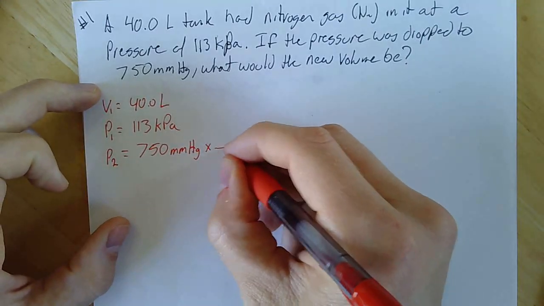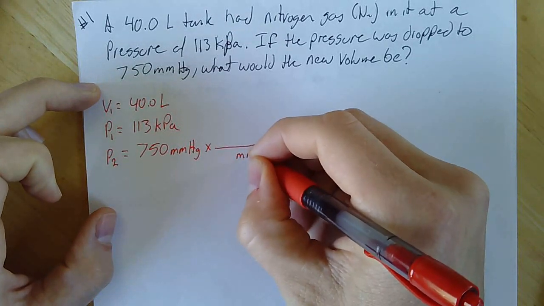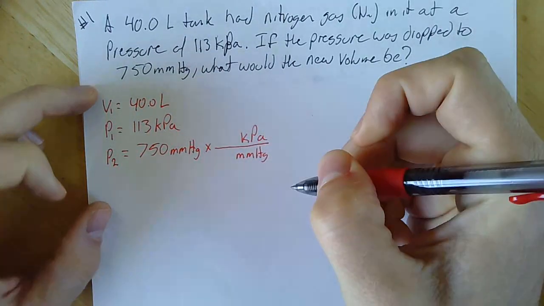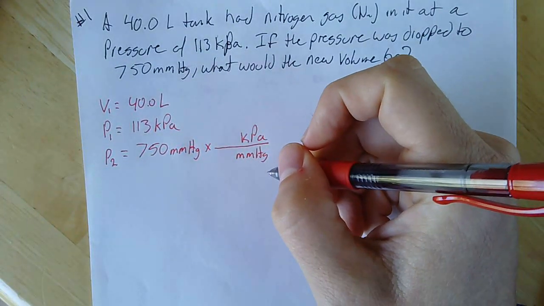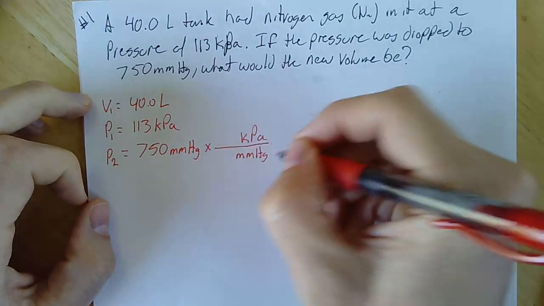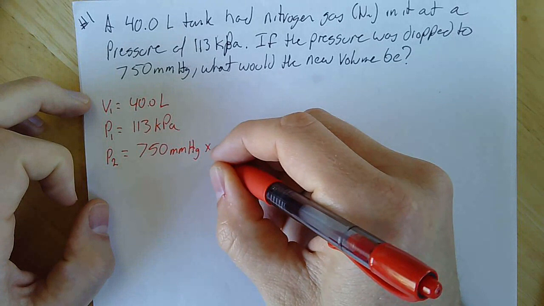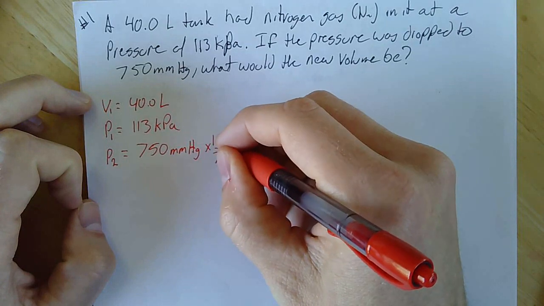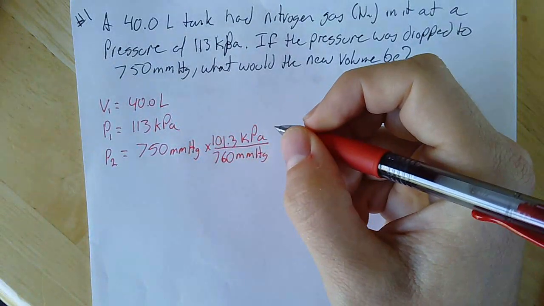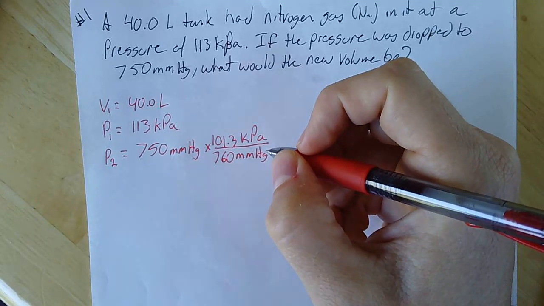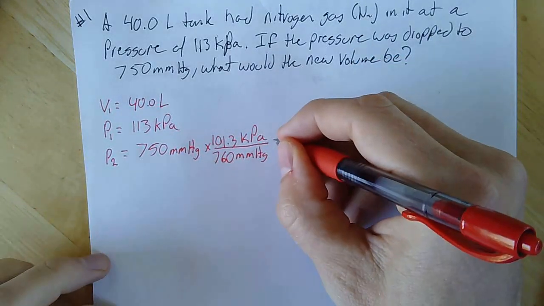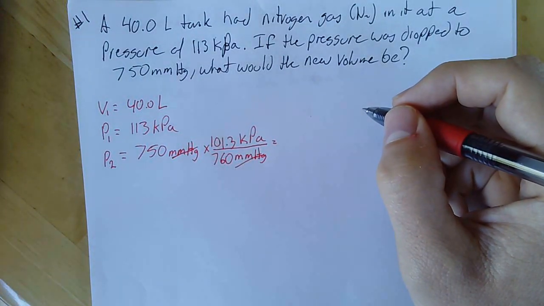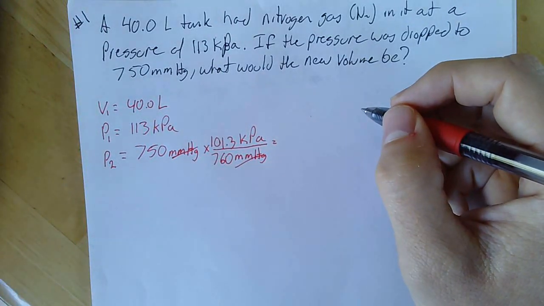And so this is where dimensional analysis is going to help us a little bit, right? We need to have millimeters mercury on the bottom, and we need to have kilopascals on top. And all we have to do is take those numbers from that page and put them here. So millimeters mercury at 1 atm, and we don't care about the atms, but that's what they're all equal to, is 760, and kilopascals is 101.3, and it might be 101.325, but 4 sig figs in this case is enough. Okay, so when we do that, millimeters mercury cancel. We have 750 times 101.3 divided by 760,